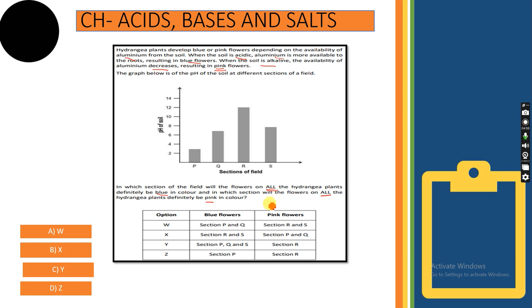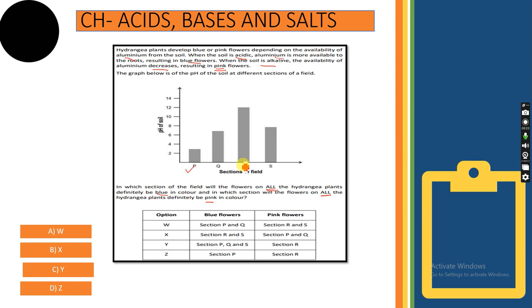सबसे ज़्यादा जो है acidic and सबसे ज़्यादा basic, that will only be at the blue and pink color respectively. Okay, so if you see the graph, so you see which section is more acidic. जहाँ पे नीचे में देखो 2, you see here section P is the more acidic, right? Because this section it falls between 4 and 2, that's almost 3, right? So एक हो गया P, that means more acidic means ये सारे blue color मिलेंगे.